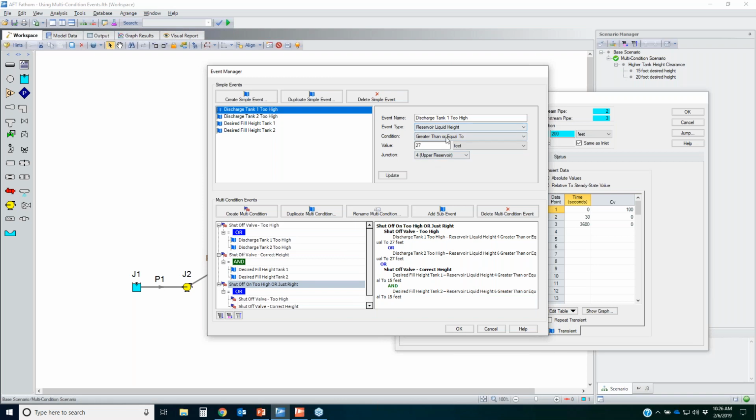So here, for my discharge tank being too high, that's 27 feet. So if the liquid height in either of these tanks gets to be higher than 27 feet, that's where I want my valve to close. So that's where I have shut off the valve too high. That's a new multi-condition event that I added. I added my 2 conditions and I chose the OR type of logic. So if either of those has liquid heights that are too high, above 27 feet, close the valve. Now,